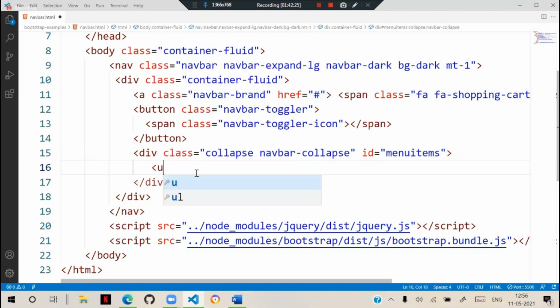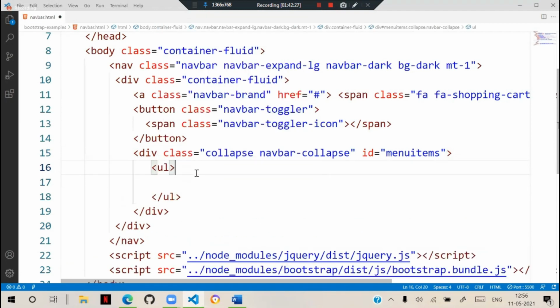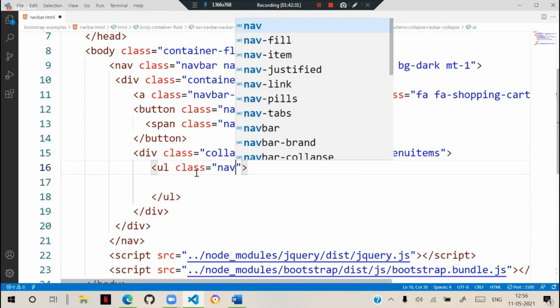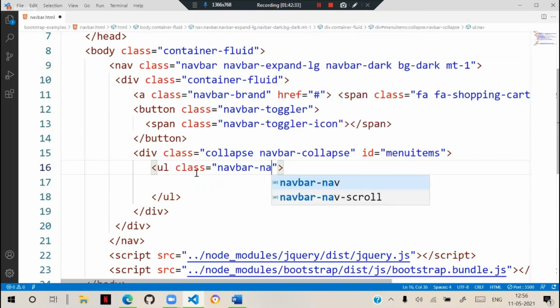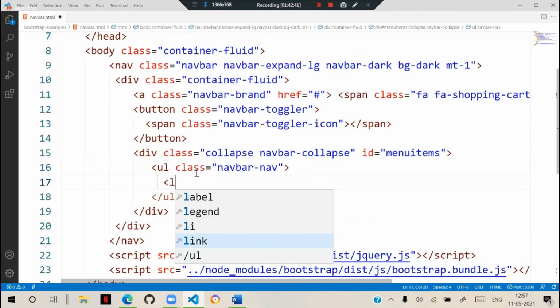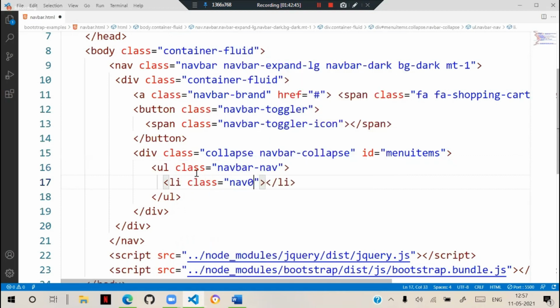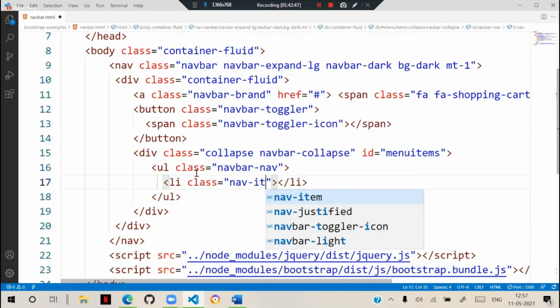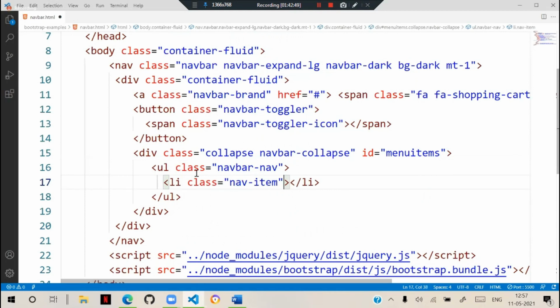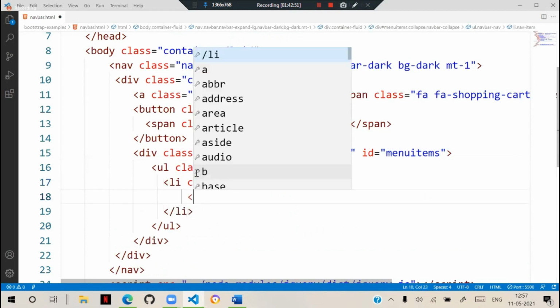So we create an unordered list. For the unordered list, we define a class as navbar nav. And in this navbar nav, we add list items, and the class is nav item. And in that nav item, we can have a link.